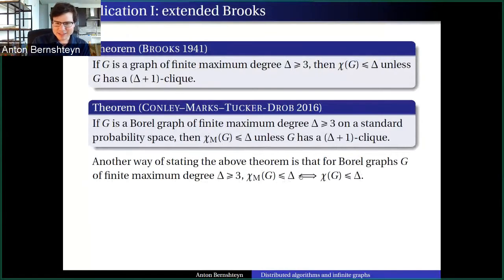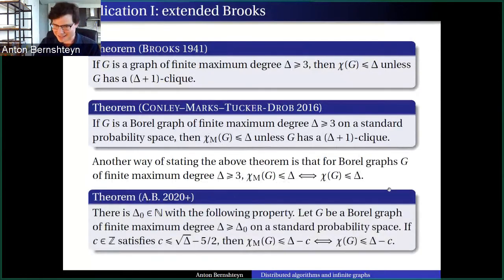Well, for what other numbers of colors is this true? What about delta minus 1 colors? Can you still prove such an equivalence? It turns out that you can, and in fact you can go quite a bit below delta, assuming that delta is large enough. So there is some lower bound, a constant delta 0, with the following property. If G is a Borel graph of max degree delta, and delta is at least delta 0, so it's not 3, but like 10 to the 10, but still a constant number,